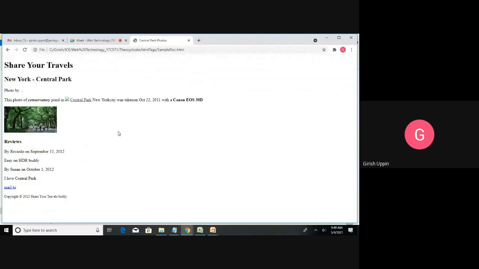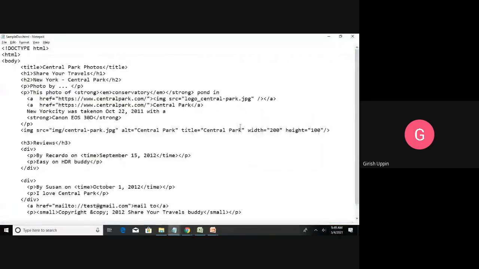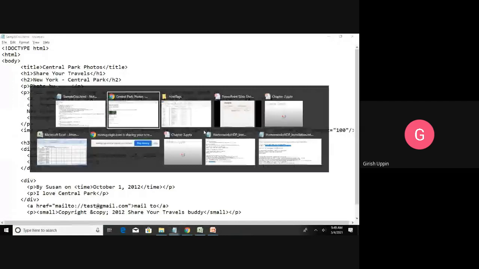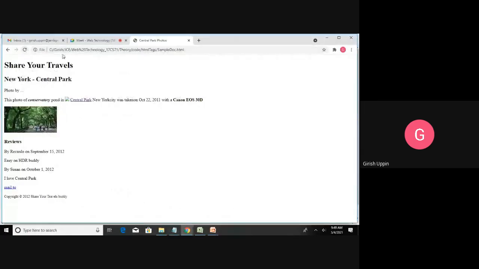This is the file. Now you can see this is the one which provides the image. So the minute I move my cursor on top of the image, you see a tooltip is popping up as Central Park, right? And that is given by the title. Okay, if I change that text, I will say this is Central Park. Just you will see whether that change will appear or not. I will reload the image and I will hover over the image.